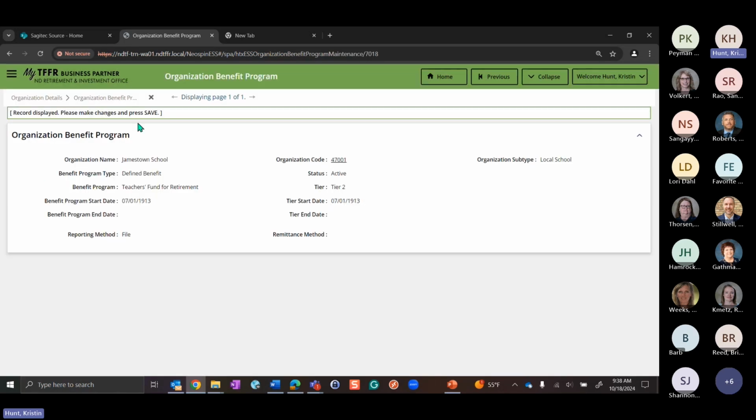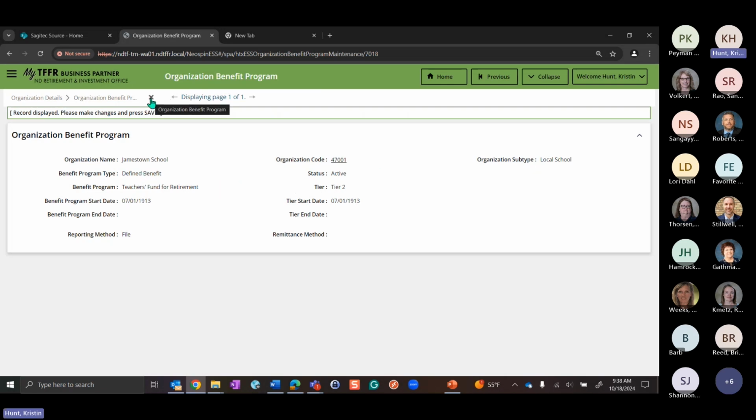That takes you to the organization benefit program maintenance screen, where, as you can see, this is read only, but this is where you can view more information concerning that benefit program. You can see the start date, the tier start date, if there was an end date, and so forth.